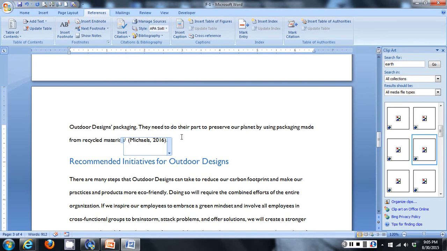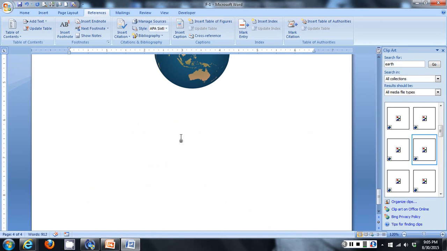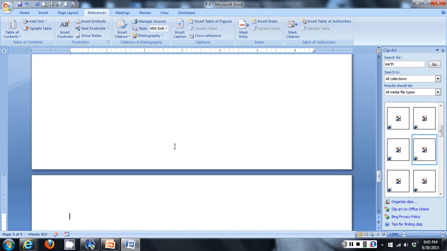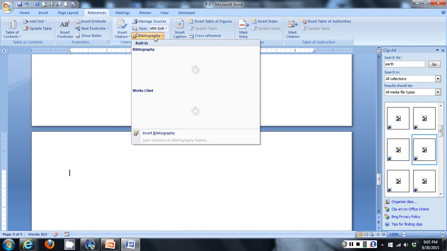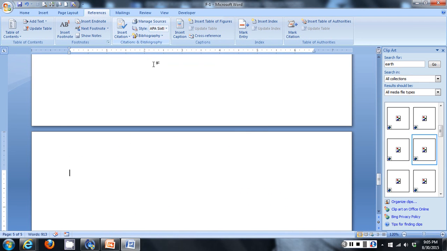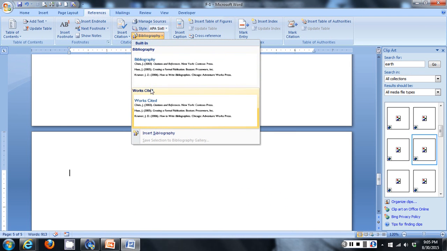Now we want to hit Control End to move to the bottom of the document, and we're going to add this to our Works Cited page. Alright, now we're going to hit Control Enter to add a hard page break so we can start our Works Cited page. And we're going to click the Bibliography button in our Citations and Bibliography group and click Works Cited. Works Cited